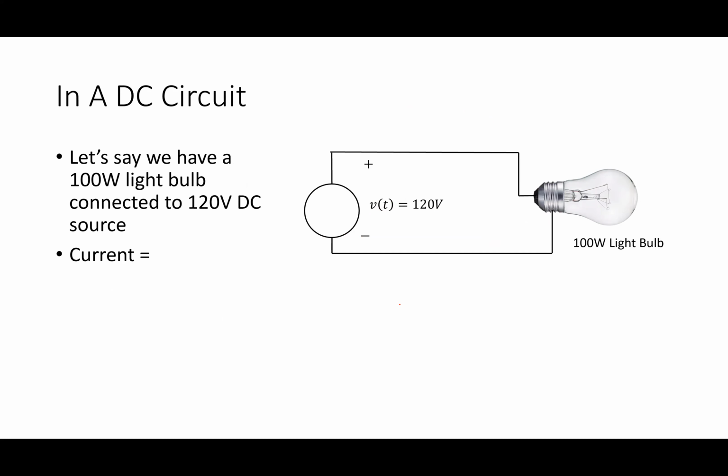So let's say I take a light bulb and hook it up to a 120 volt source. If I did that, and it was a DC source, you could do that. The light bulb would be okay with getting 120 volts DC, and the power is 100 watts. I wanted to figure out what's the current going into that thing. 100 divided by 120. You guys remember, power for a resistive load is equal to V times